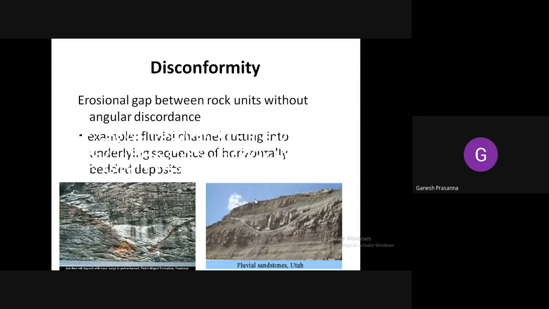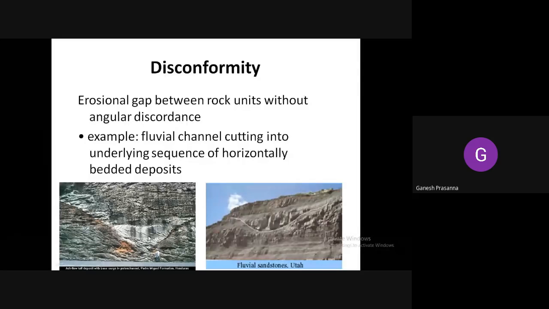Okay, coming to disconformity, it is an erosional gap found within the rock units without any angular disturbances. Here you can see this is an older rock, this is a newer rock. In between there are some new rock units, but here there is no angular disturbance, but erosion has taken place and that erosion has led to deposition